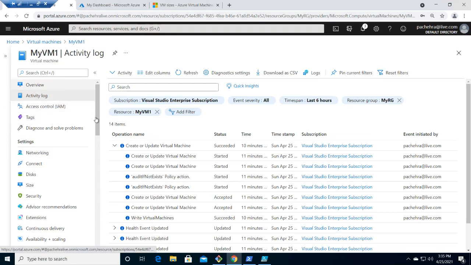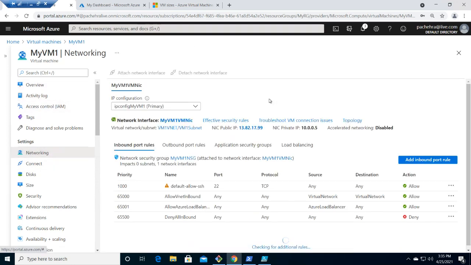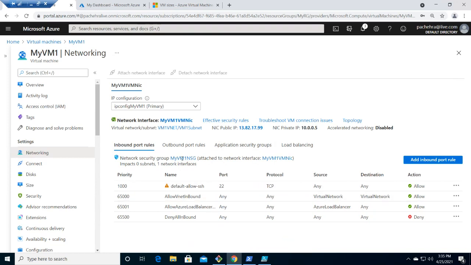This is very important. Now, if I click on the networking, this is what Ashish was talking about. This is the network security group, and these are the rules. Because I have created it with the default values, this opened port 22 for everything, which is not at all a good practice. I should have selected my IP address here, but I'm going to delete it just now. After 30 minutes I'm going to delete it, so it's fine.